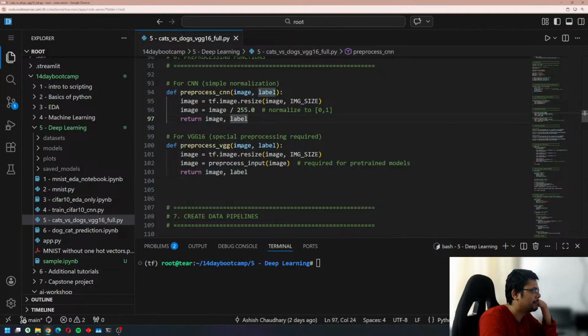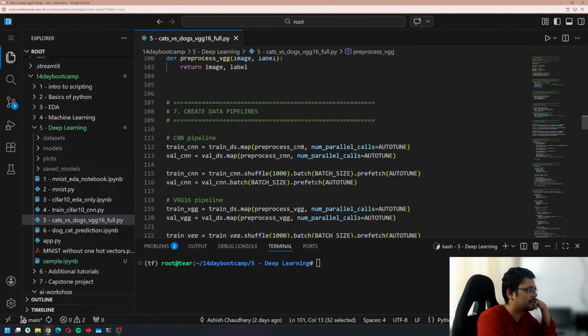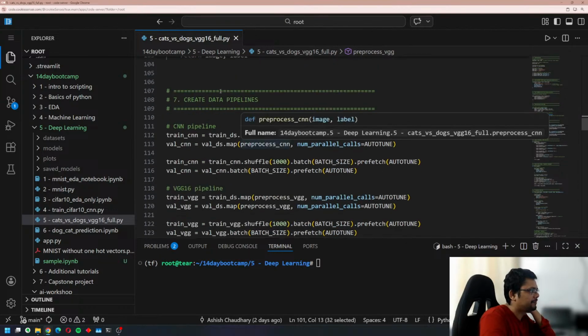Yep, fair point. And then preprocess VGG is for, take a look. We are normalizing to 0, 1 in our custom model, but in VGG, we are using just the preprocess input, but we are also required to resize into 160 by 160. Then we will train some